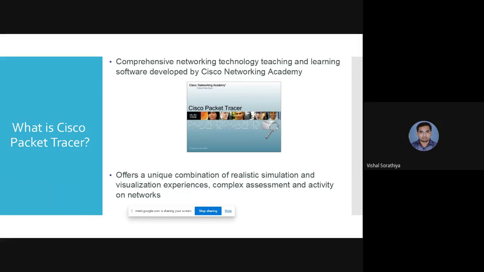Okay, so what is Cisco Packet Tracer? It's a comprehensive network technology teaching and learning software developed by the Cisco Networking Academy. It also offers a unique combination of realistic simulation and visualization experience, as well as complex assessment and activity on networks. Like, you can simply say like that, whatever the